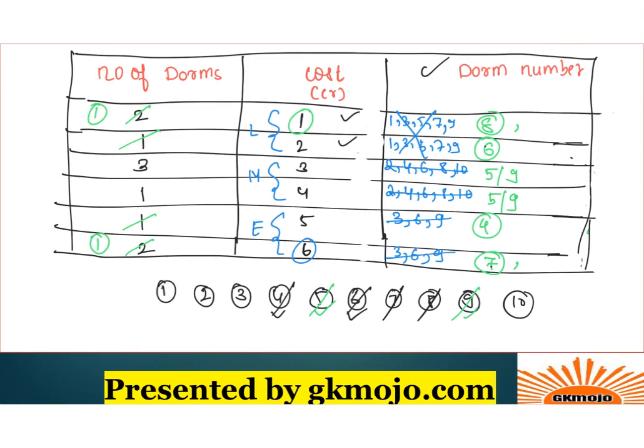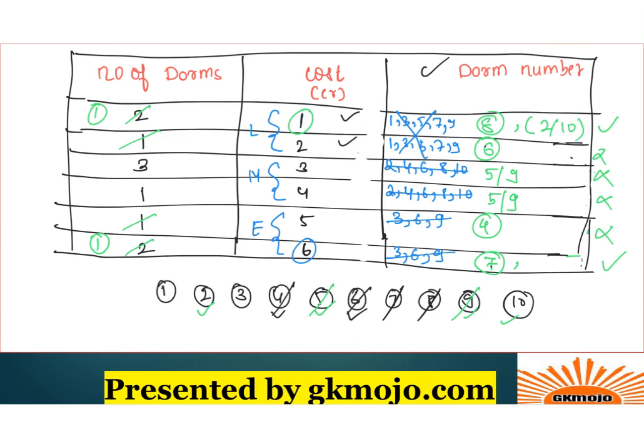Now if you observe DOM number 2 and DOM number 10, they cannot come over here because they are even, right? So they can only come, and they cannot come over here because this is exhausted and this is also exhausted. So the only place they can come is this or this, right? Again, no specific condition is given where they can be placed according to the conditions that are given. So we'll write it like this: